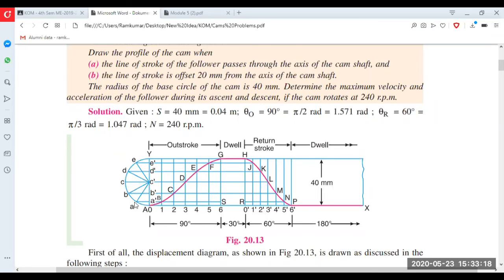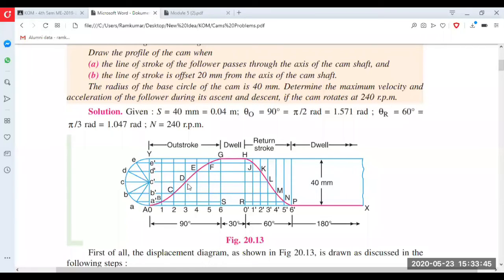Okay, so from point A you draw a horizontal line, and wherever it cuts point 1, you mark that point as A dash, or small a. This is A, this is B, C. Similarly, from point B and this particular line 2, wherever it cuts, you mark all these points as A, B, C, D, E, F, G, H.